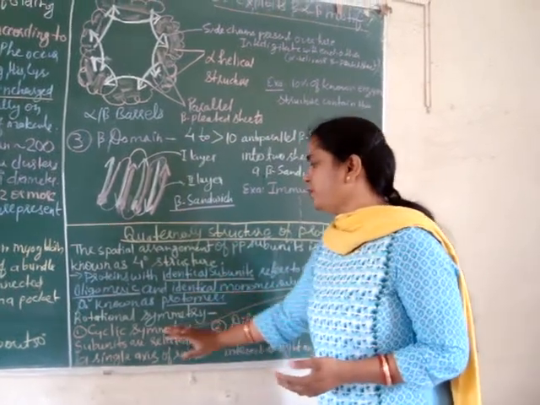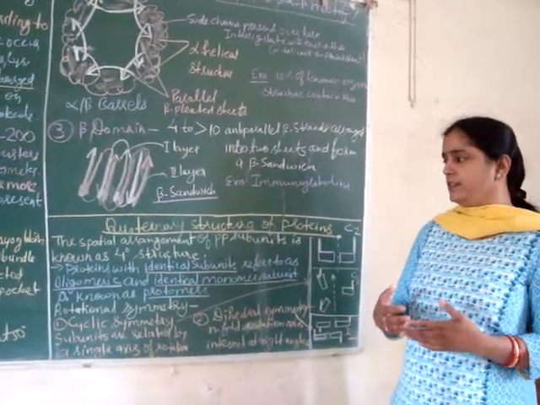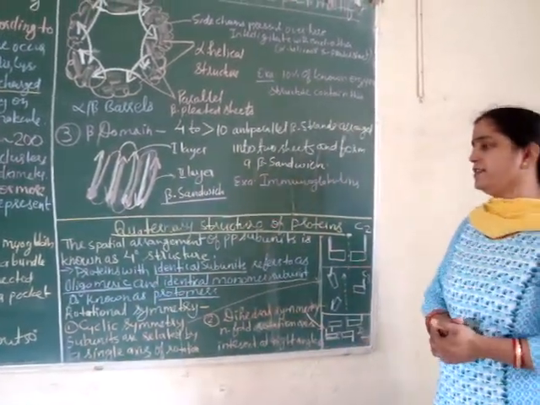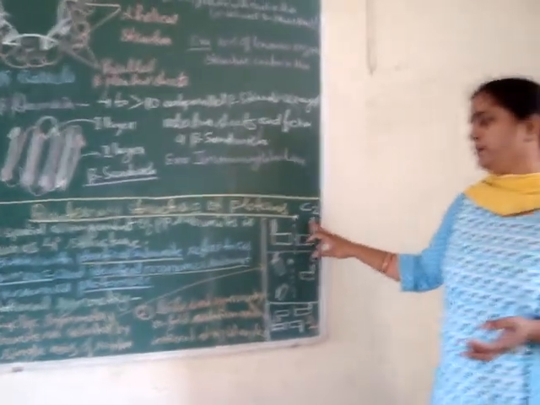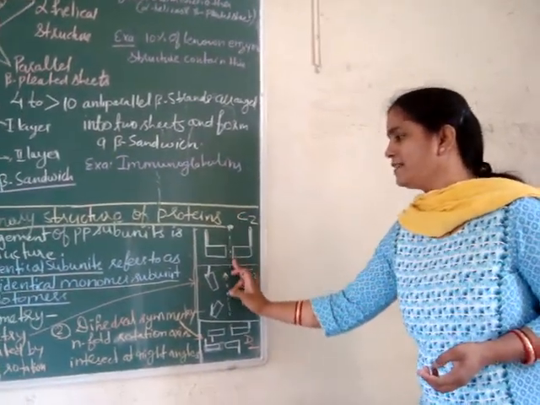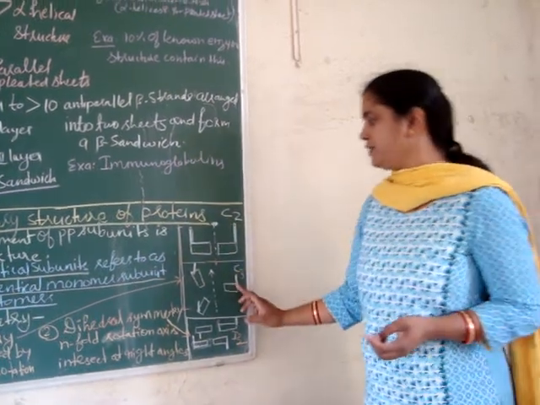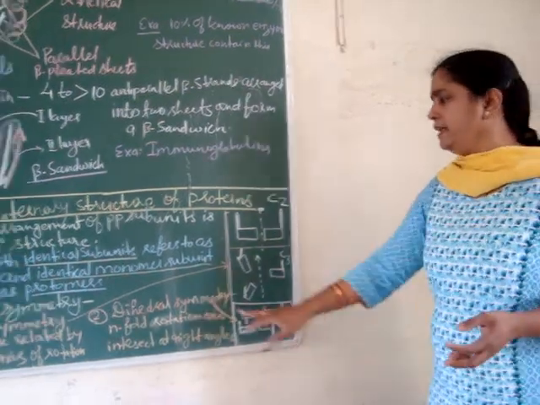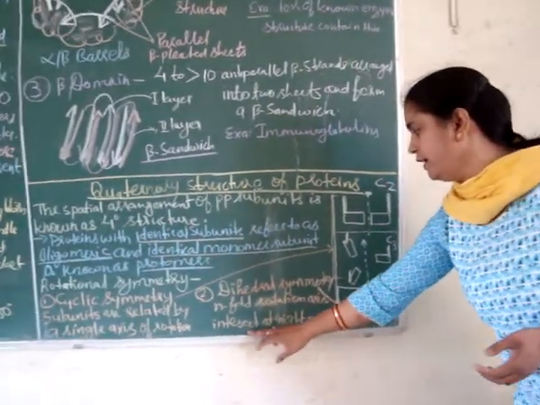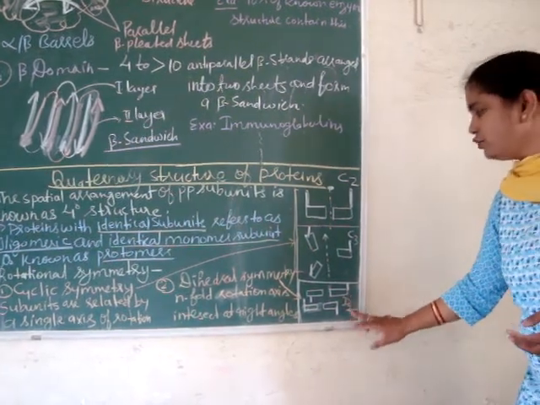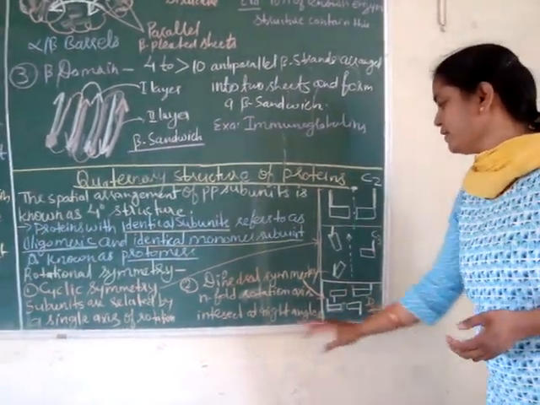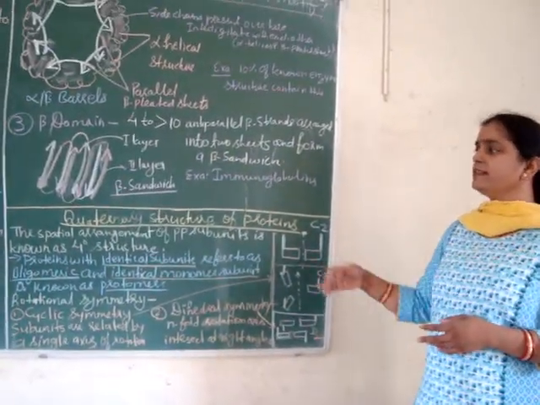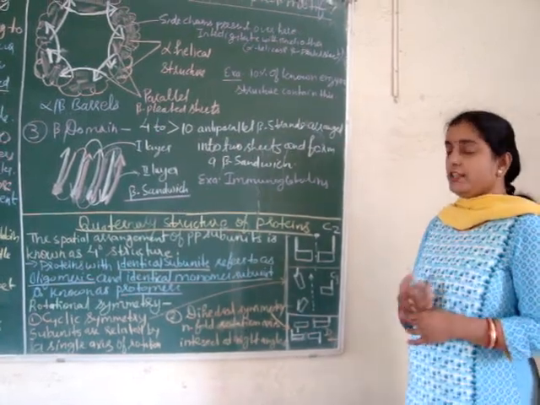In quaternary structure of proteins, mainly rotational symmetry is found, and in rotational symmetry mainly cyclic symmetry and dihedral symmetry are there. You can see here in cyclic symmetry subunits are related by a single axis of rotation. This is C2 cyclic symmetry, this is C3 cyclic symmetry, in which there is a single axis of rotation. In dihedral symmetry, an n-fold rotation axis is there, and in case of D2 dihedral symmetry, 2 axes intersect at right angles. So that is all about quaternary structure of proteins. We will see it in detail in hemoglobin structure also.